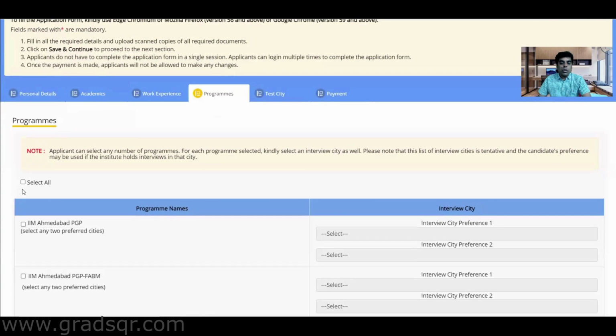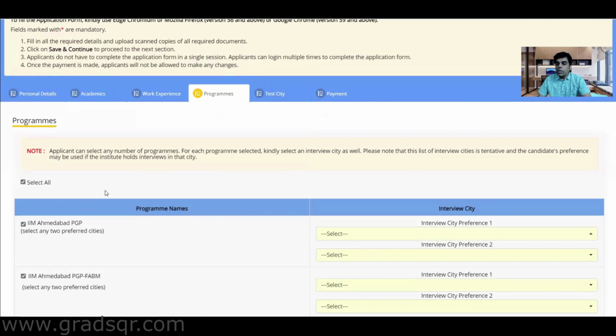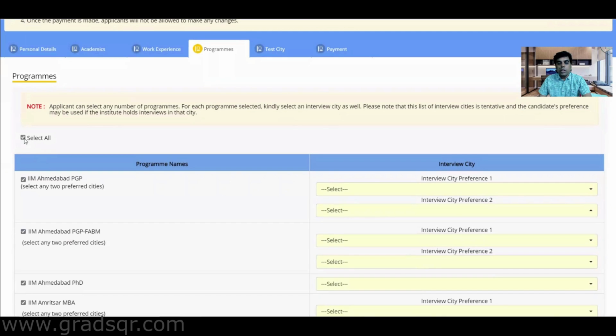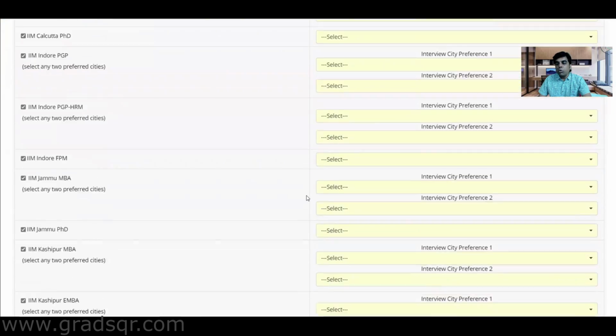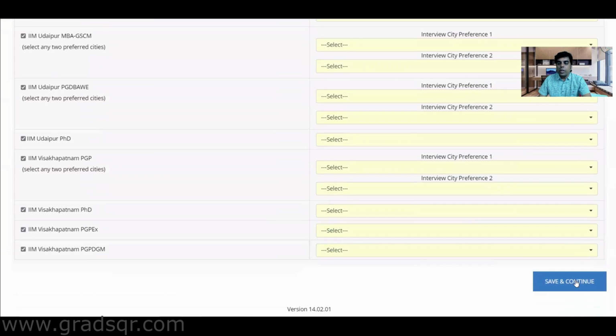If you are extremely confused and you don't know what to do, you select everything because there's a select all button given here. Only problem is you will have to sit and choose the interview location for each one of them. Okay, please don't be lazy in this. Last year I had students who had got a 99 percentile but only filled up ABC and they had no ABC call and they're desperate to apply for Kozhikode and Indore and they could not actually apply because they had not chosen this. So please make sure that you're filling up properly and you don't miss any colleges. So this is extremely important. After you have selected all this, you can fill up the interview preferences and then move on, and then go on to the last part and save and continue to the next section.